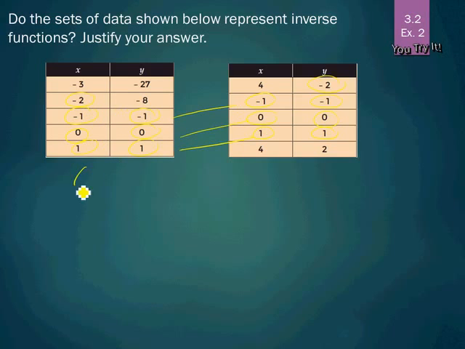So first of all, we have -2, -8, and well, here we had -2, but instead we had a 4 and -2. So we can keep going, or we can actually just stop right there, because in the inverse table, the x will be the y and the y will be the x. And because these have a -2 that's reversed, this 4 and this -8 should match. And because they don't, we know that this is not an inverse.